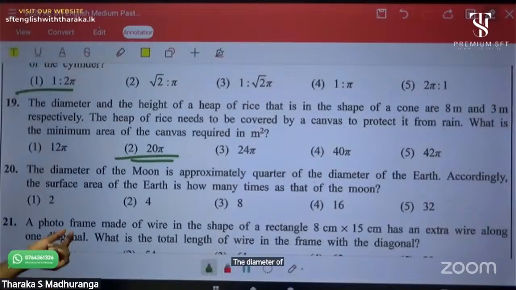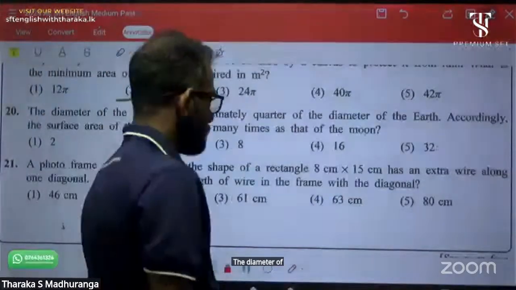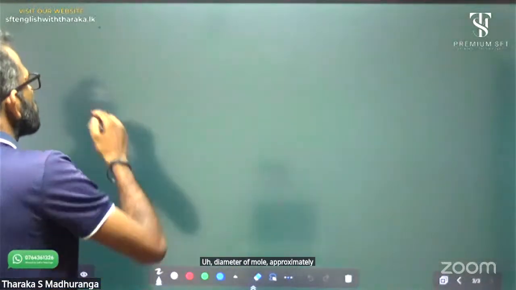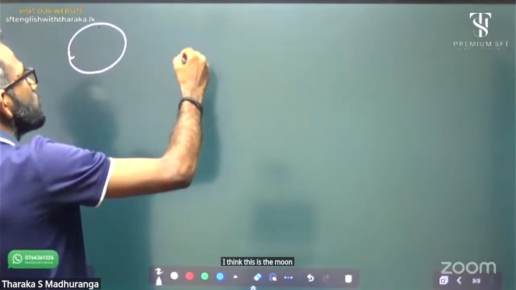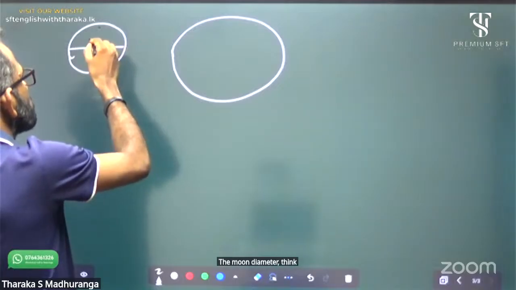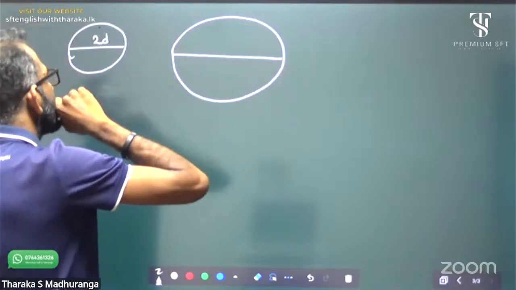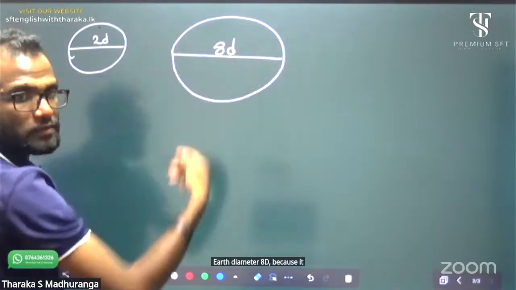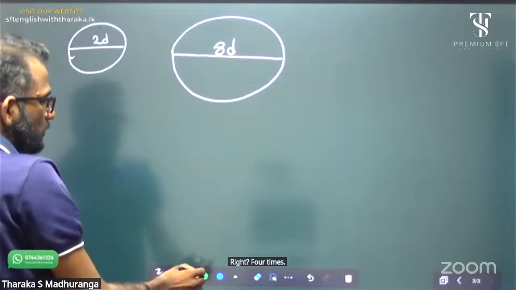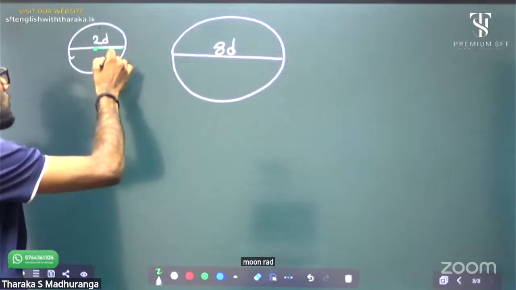The diameter of the moon is approximately a quarter of the diameter of the earth. That means 1/4. Think this is the moon, this is the earth. If the moon diameter is 2D, the earth diameter is 8D, because it is 4 times. Quarter, right? 4 times. Think of the radius: moon radius D,